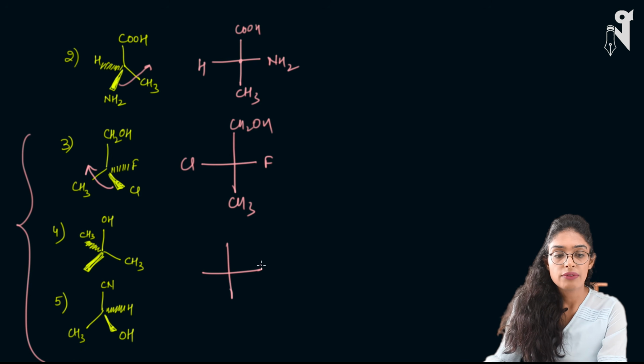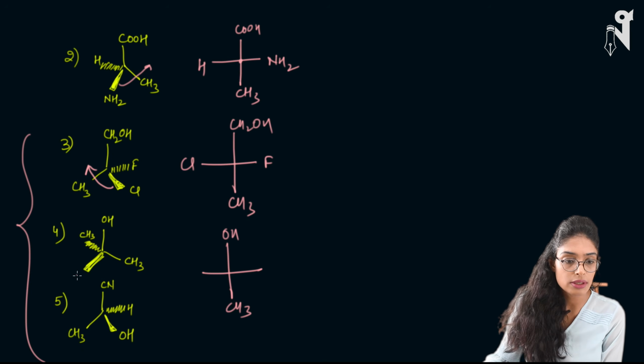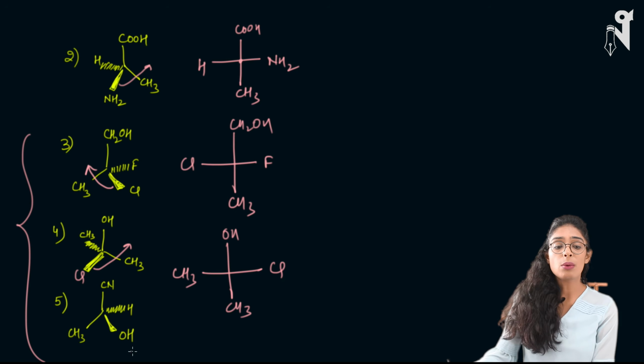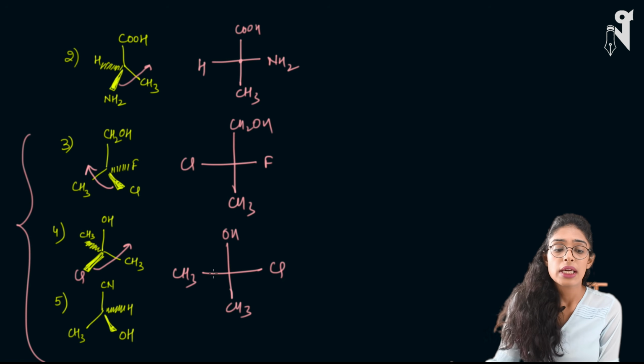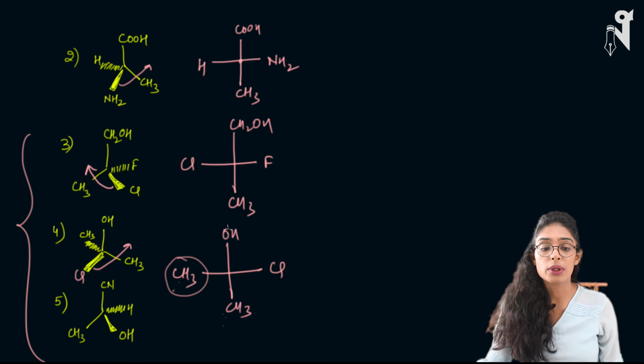Now what we have is OH here, we have CH3 here, and what else do we have? Oh, I forgot writing a group over here, so let's write it, Cl, by mistake probably. I'll move it here, so Cl is here and CH3 is here. Now one thing you have to look at is that I have a CH3 group on my horizontal line, whereas OH is on the vertical line.